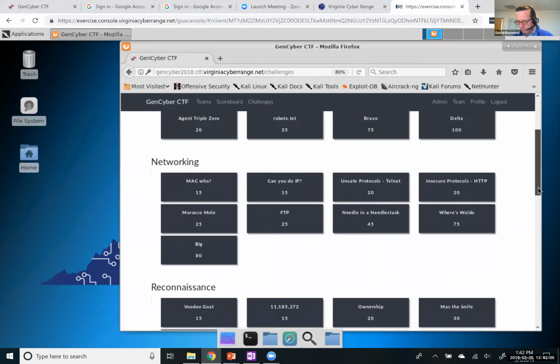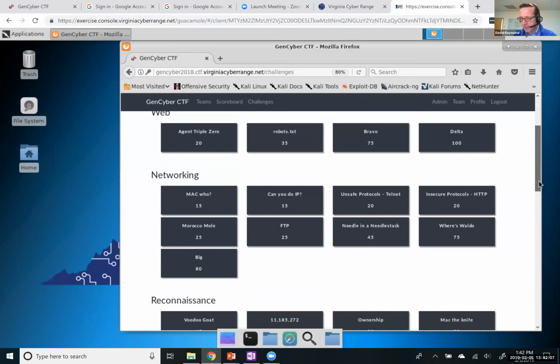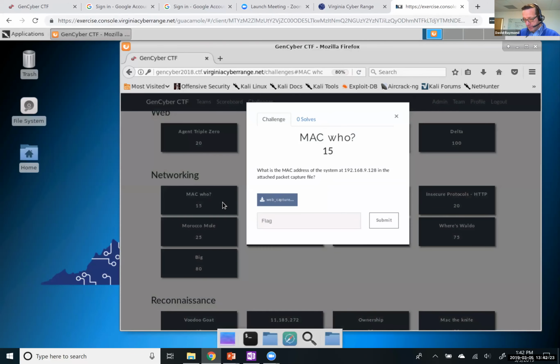Networking. So we'll drill into a couple of networking challenges, and we'll start with some easy ones. And recall that the low point challenges are the easiest challenges to solve. And so I'm going to start with this first networking challenge on our practice CTF. What is the MAC address of the system at, then there's an IP address here,